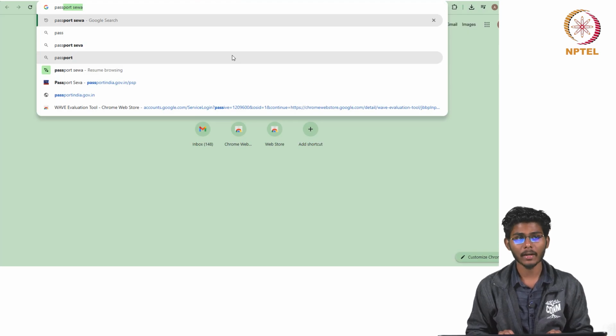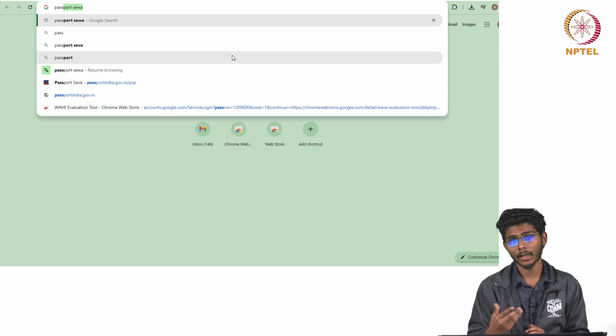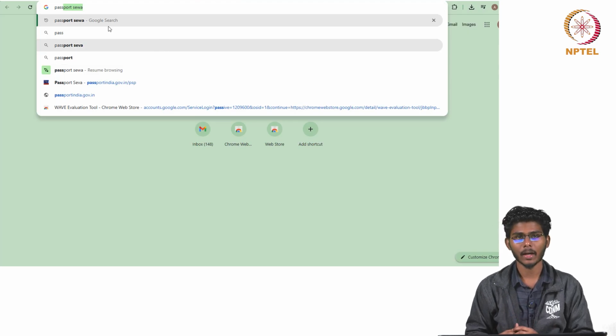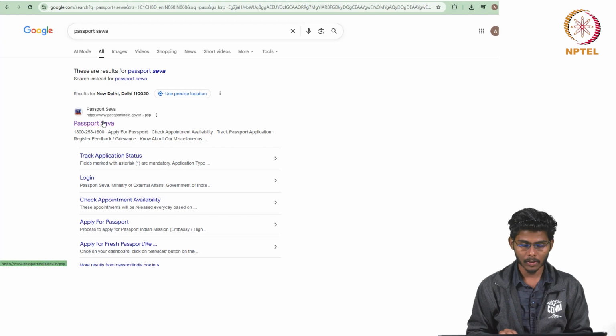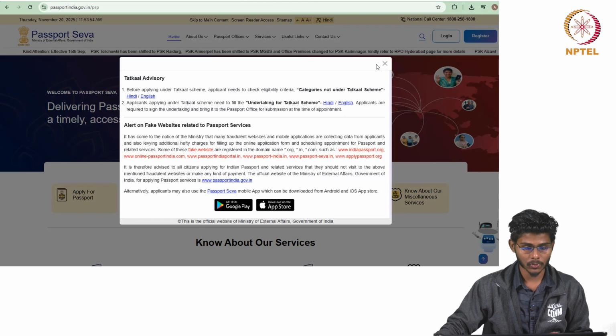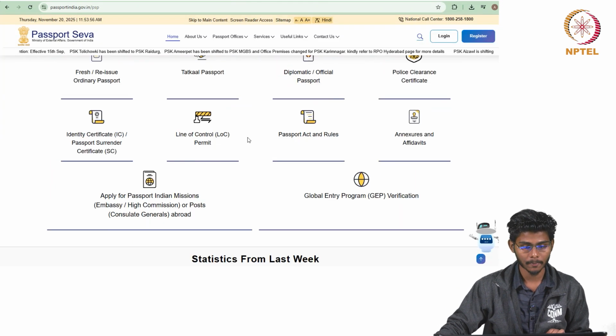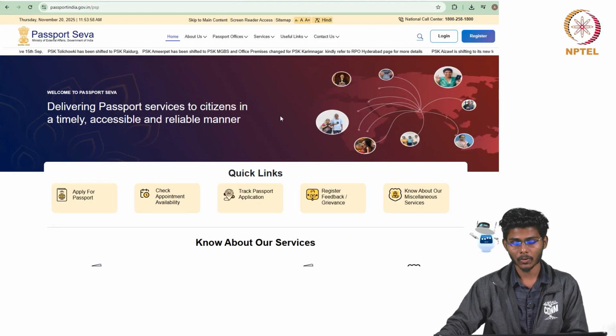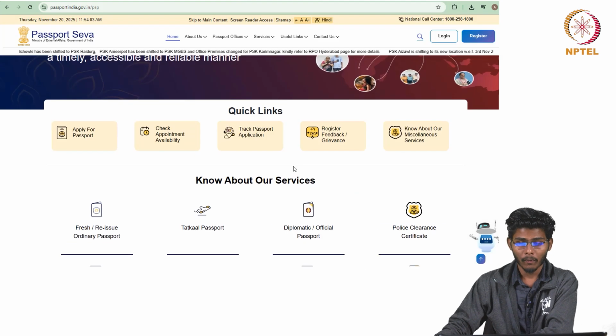As it is a government website, many elders and even many people aged between 30 and 40 years also face accessibility issues in government websites like Passport Seva, and also in healthcare websites and Aadhaar card websites, etc. So, this is the interface of the Passport Seva website.